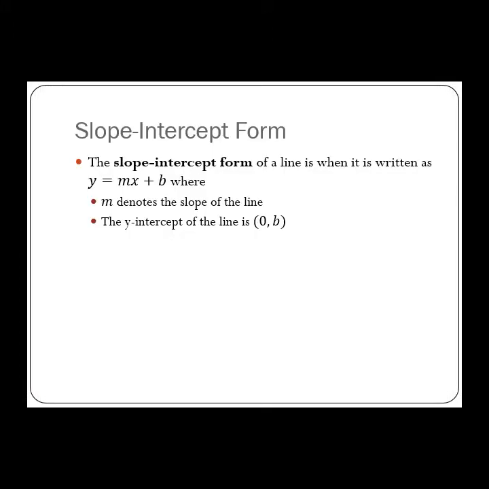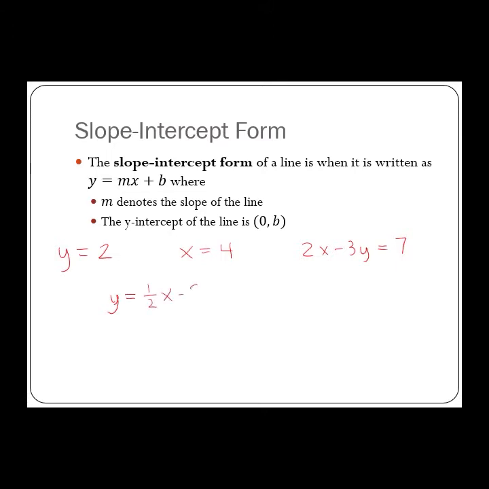So, slope-intercept form. When we talk about forms, we're talking about different ways you can write things. Remember we talked about how a line might be y equals 2, that's a horizontal line. Could be x equals 4. It could be 2x minus 3y equals 7. Those are different formats of lines, but one of the formats looks like this: y equals 1/2